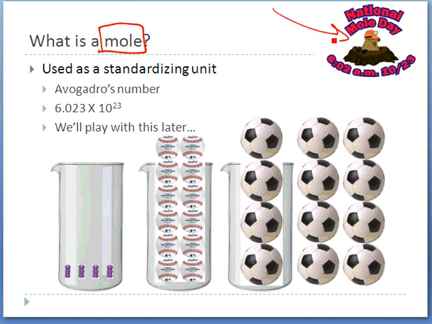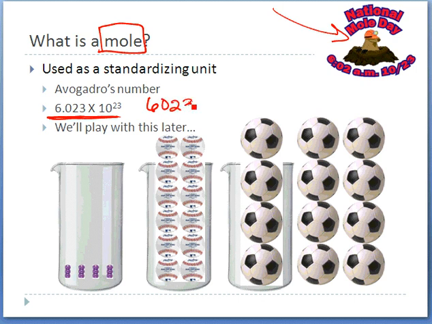It's a standardized unit, so that if I talk about a mole of hydrogen or a mole of oxygen, what I'm basically doing is talking about the exact same number of atoms of hydrogen and the exact same number of atoms of oxygen. Now, the number of atoms found in 1 mole is a big number. It's 6.023 times 10 to the 23rd. That means you're going to take